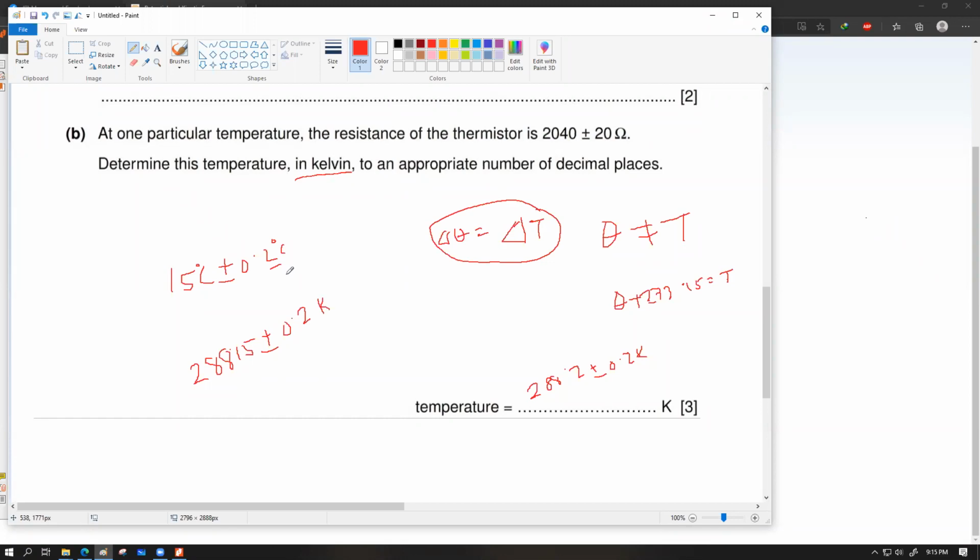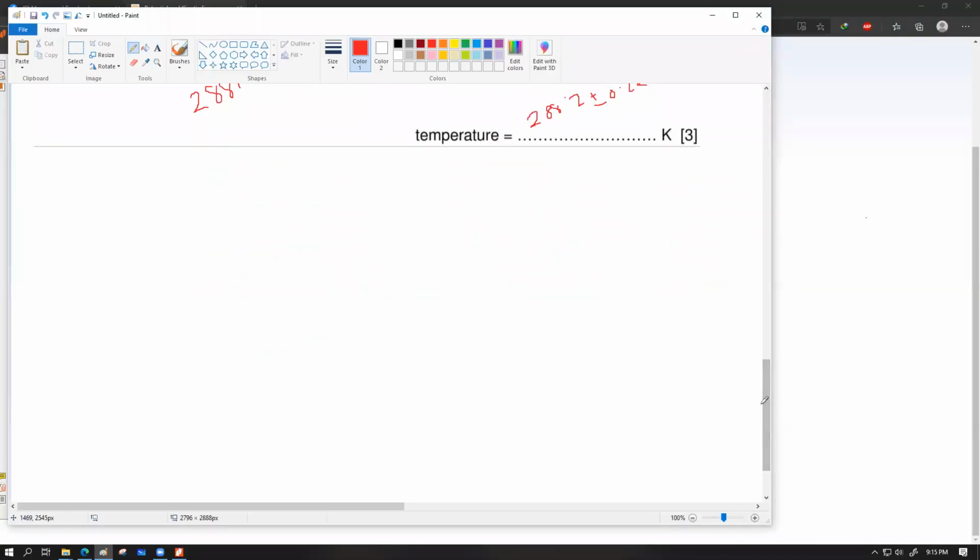Uncertainty means how much variation it can have. Because 1 degree Celsius temperature increase essentially means 1 Kelvin temperature increase. So 1 degree Celsius temperature variation would also equally mean 1 Kelvin of temperature variation. If I give you a bit of a graph interface, it might be a bit clearer.